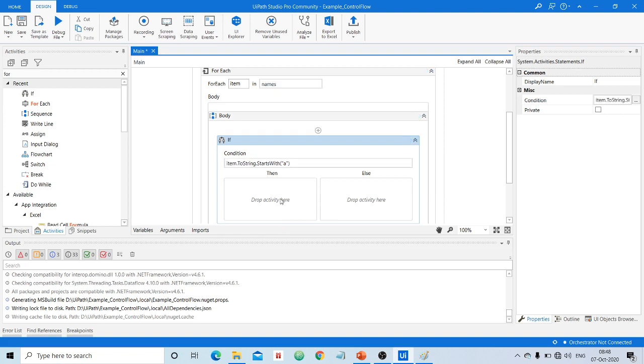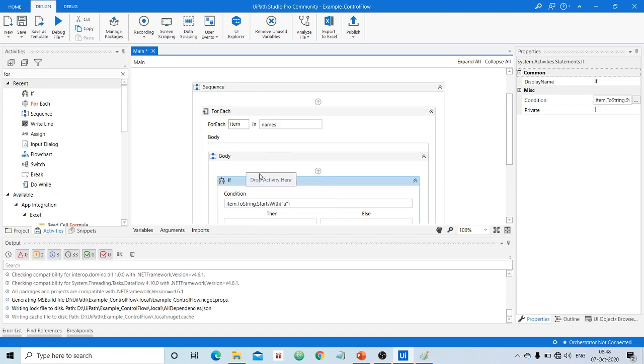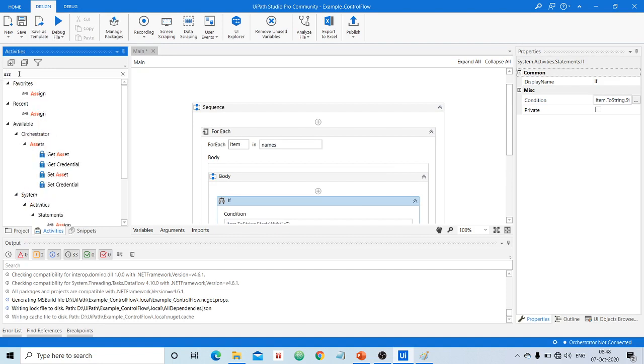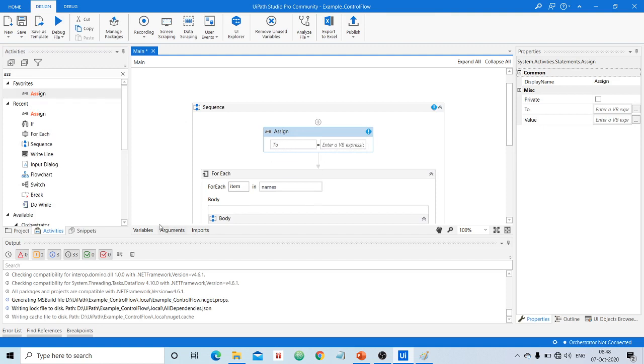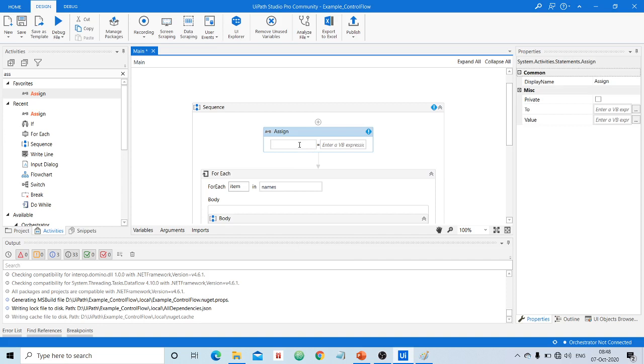Then I think I need one more variable because we need a counter, right? Before entering the For Each loop we shall have a counter. So we need to create a variable called count, of type integer, and initialize that count to 0.